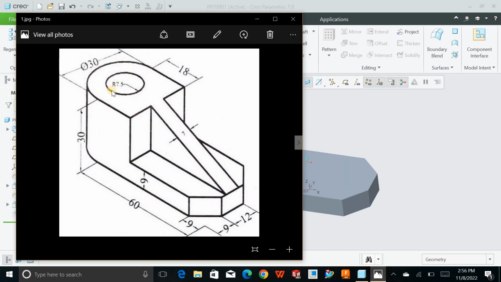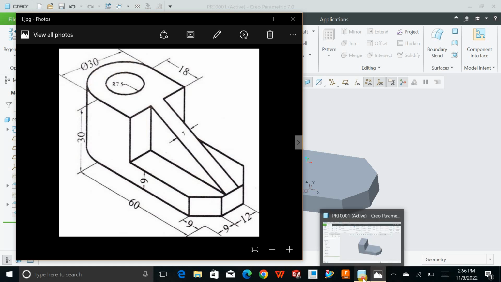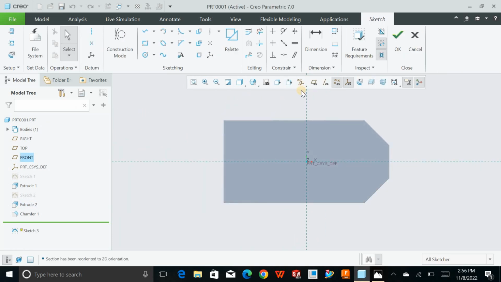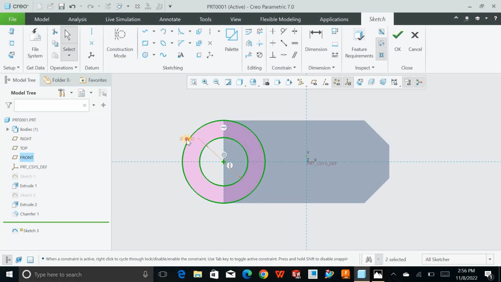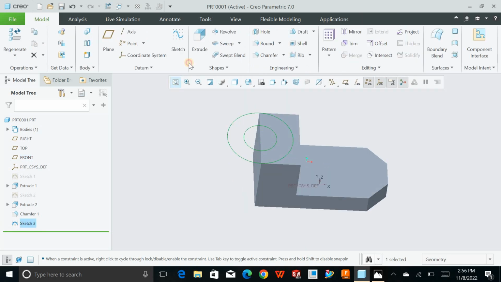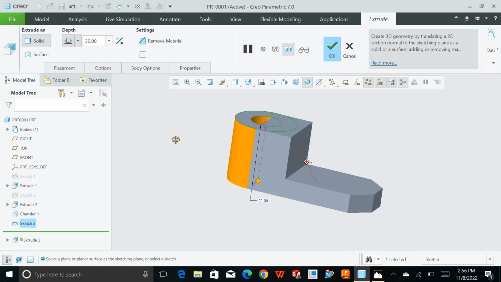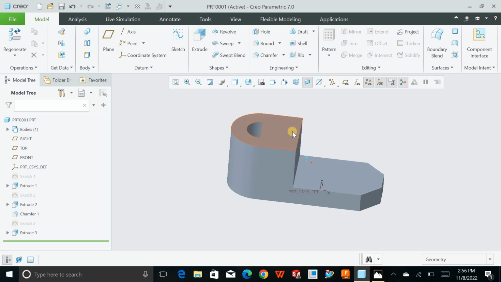Next I will add these rounds of diameter 30 and 15. Choose this, sketch, normal, draw a circle like this and like this. This one must be 15. Okay, extrude, flip the direction and say OK. Again sketch, normal,